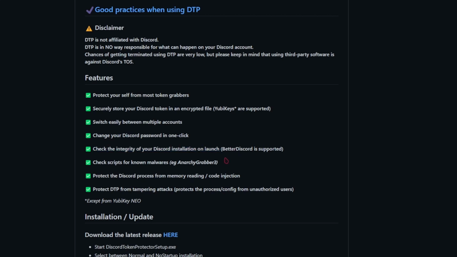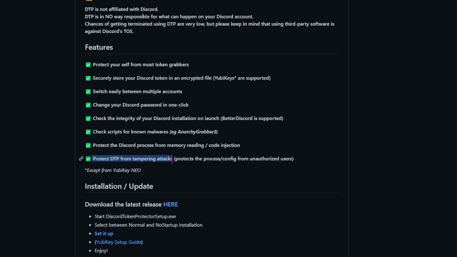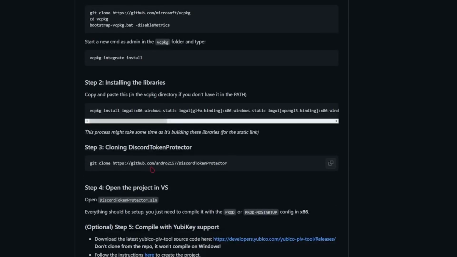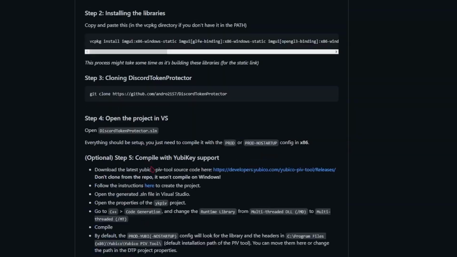So every time you launch the program, your token will be repulled and it will be resent to the person's webhook or server, as well as it'll check certain scripts for malware and protect Discord processes from memory reading. Super useful. As you can see, this is, like I said, things that are trying to inject themselves into your Discord. This will actually stop that from happening. Super, super nice, very useful, as well as it will protect DDP from tampering attacks, which is pretty cool. The installation is super simple, and everything you need to know is all documented for you right here on the